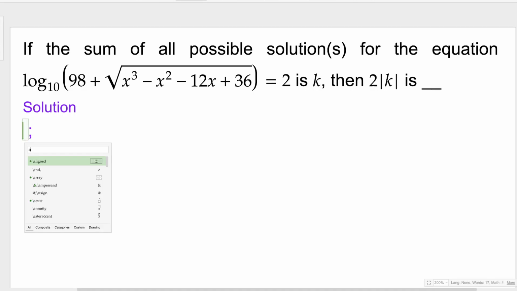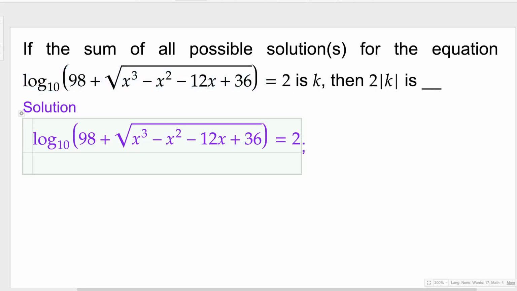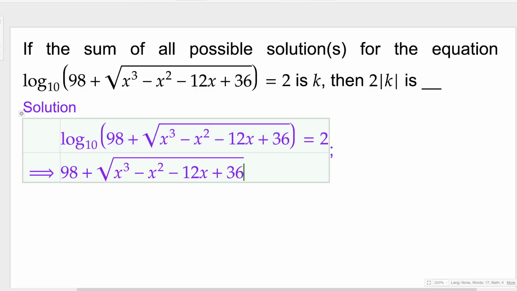So first of all, I'll write this equation as it is. This is the given equation. Now let us solve this one. Here log base 10 of the argument is equal to 2. Now I'll convert this into the exponential form. So the argument I'll write as it is, and this can be written as 10 squared, that is